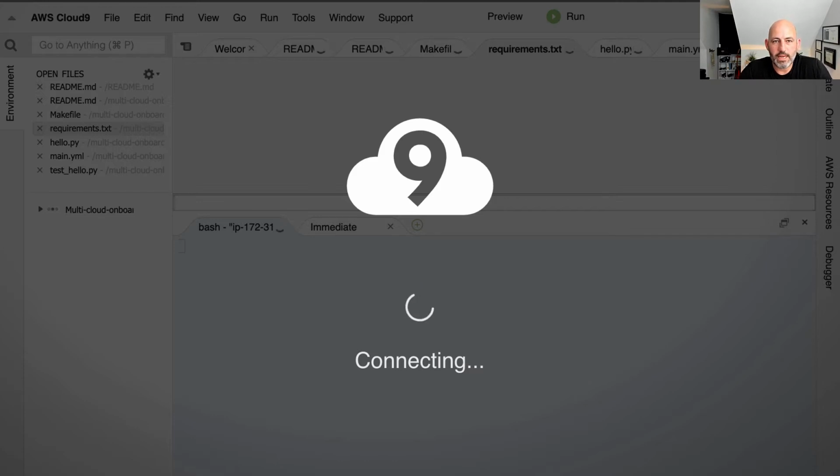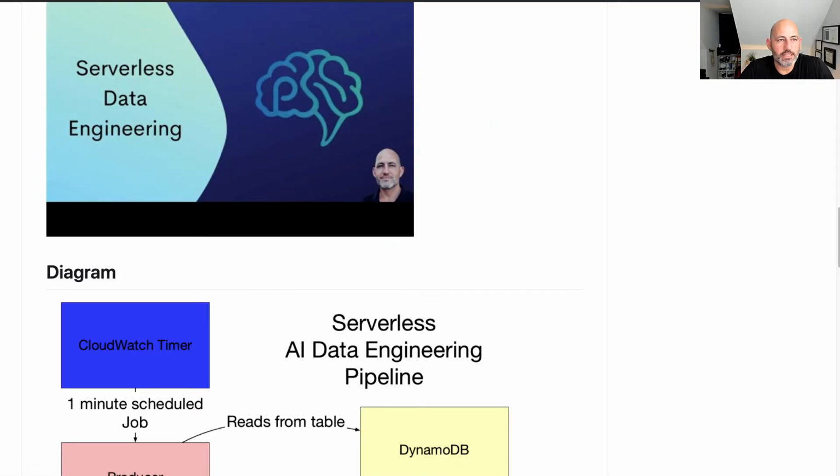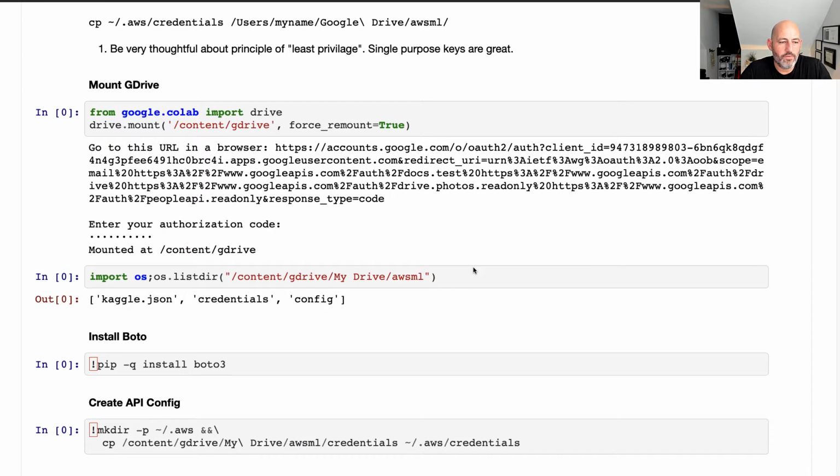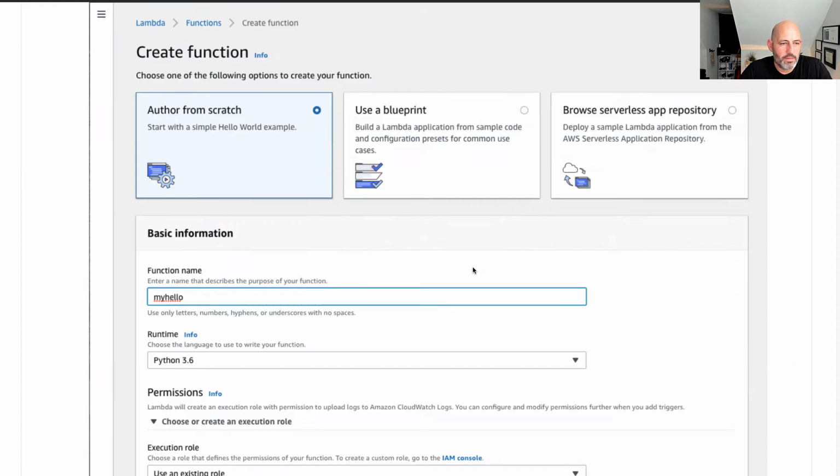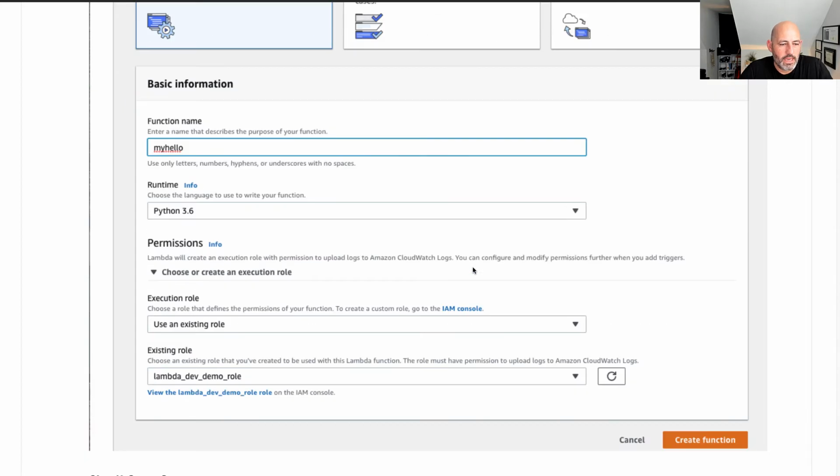Okay, so while that's spinning up, what I'm going to do is look at this notebook. So that's the architecture, but let me open up another. If we look at this notebook, the main thing that I'm going to do is create